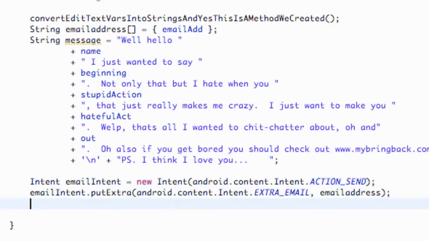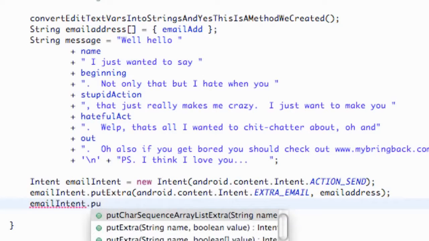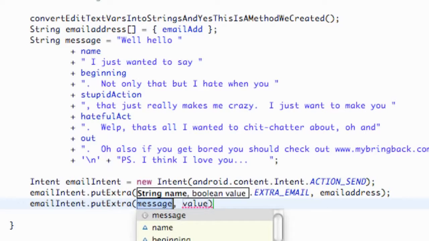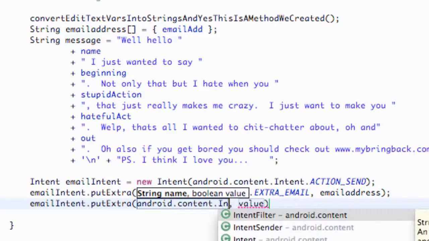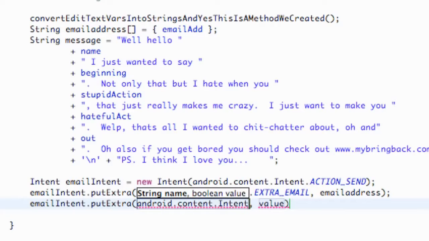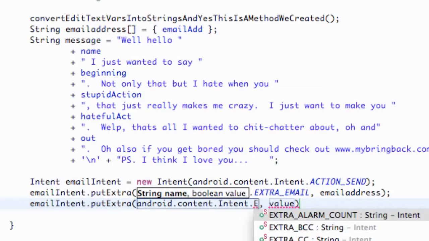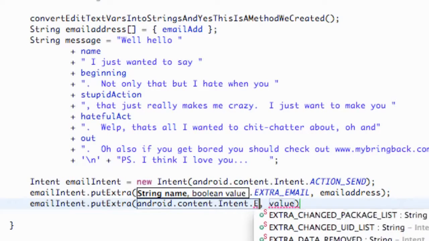Let's put some other things within this email. So we're going to say emailIntent, adding to the intent again by saying putExtra. And we're going to now add basically the subject of the email, and we're going to say android.content.Intent again. And if you guys ever want to build an email, for the most part you probably aren't going to remember all these action names, so we're just again building kind of a reference pack that you guys can use later. So we're going to say now EXTRA_SUBJECT, because it's going to be the subject of the email,